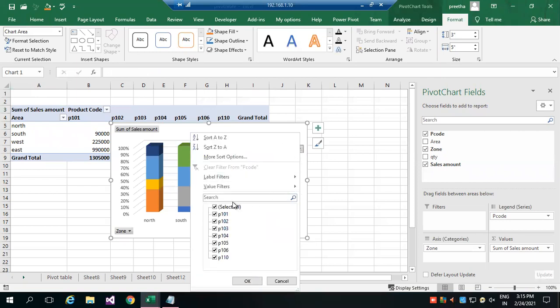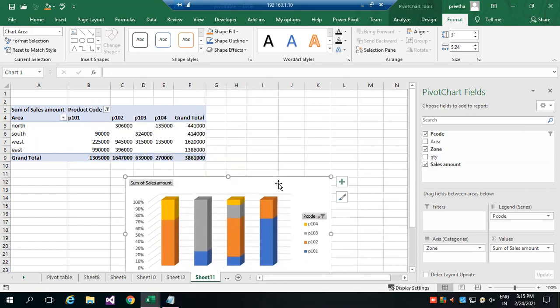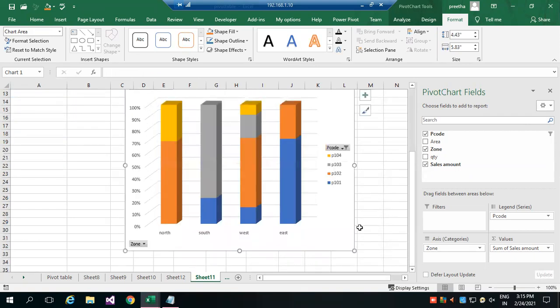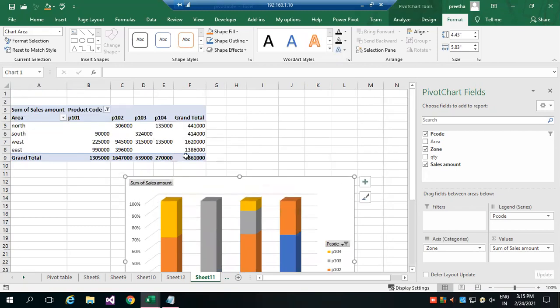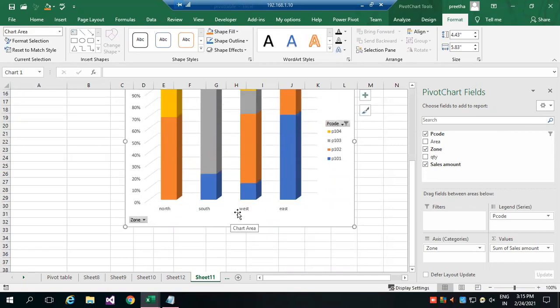Again, here also I can filter, not for all the products. I want to see only the first 4 products, or the products which I'm selling, or the products where I'm showing more concentration. Only for those I can do the comparison. Okay. So this is what I'm getting from this pivot table. If you want to analyze and show, you can use a pivot chart.